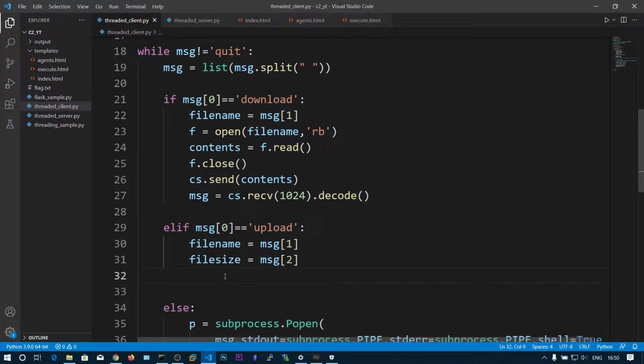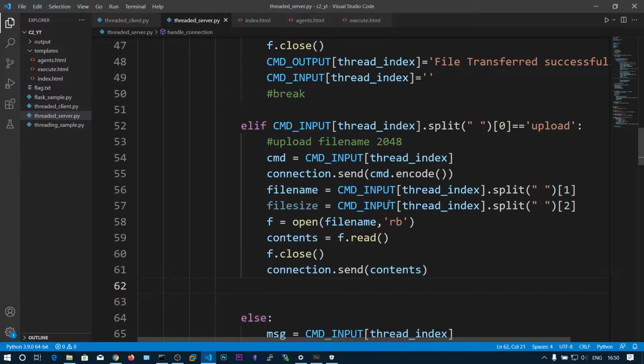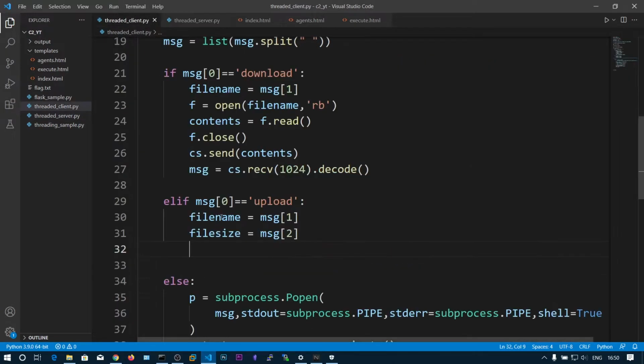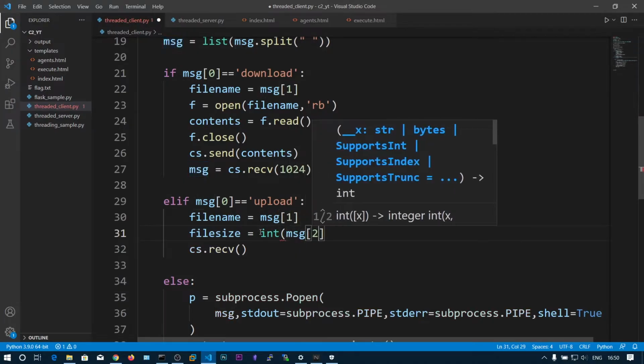So we need to be in the receiving mode because the server should send the file, right? So we can say cs.receive of, and what we need to receive, the file size. So we need to make sure this one is an integer, not a string type.